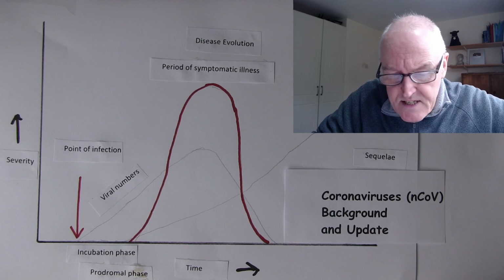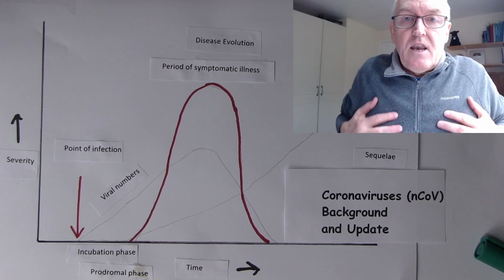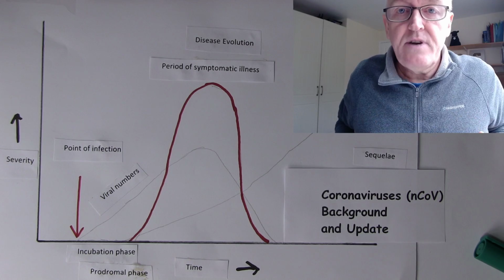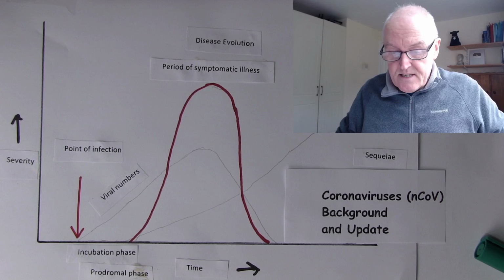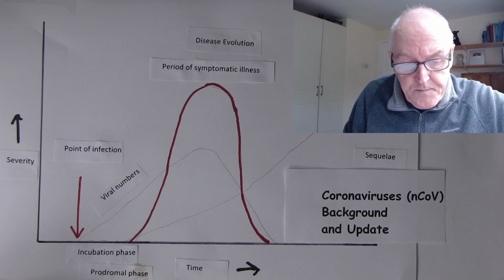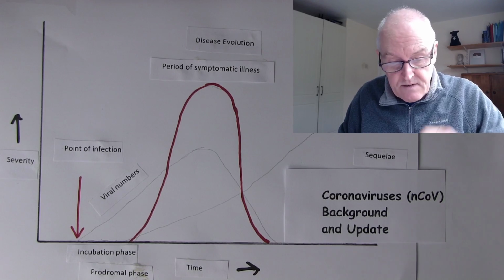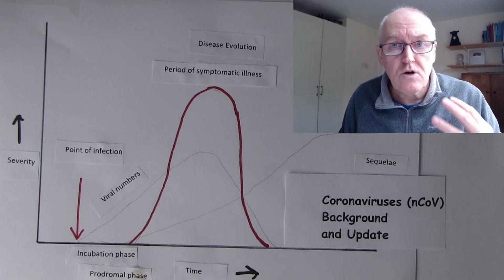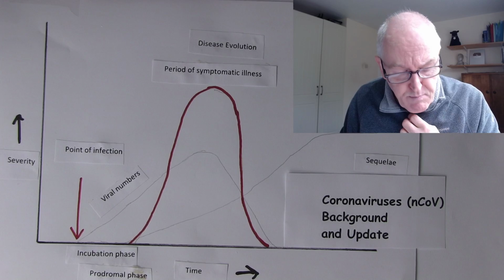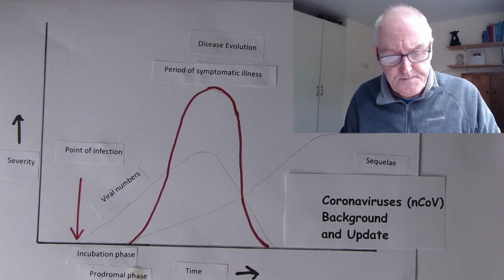But it looks like this virus has a preference for the lower airways. It's going down into the lower airways, into the bronchial tree, into the bronchioles, the small airways, and indeed into the alveoli. So some patients with this disease, in fact, as far as we know, patients with this disease don't particularly have common cold type features. It's more a respiratory virus affecting the lower parts of the respiratory tract.